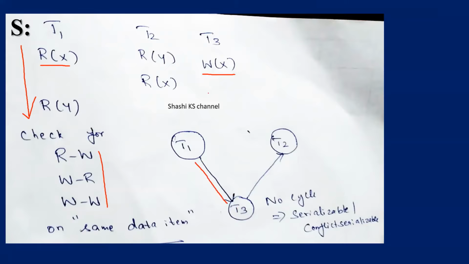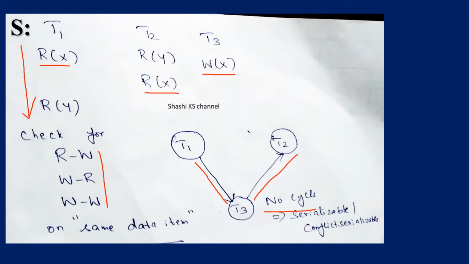Okay. Similarly, when T3 executes write operation on X, T2 performs a read operation on the same data item X. So T3 and T2 perform conflicting operations on the same data item. So I have a line from T3 to T2 here, right? So there are no other conflicting operations in this schedule. When the precedence graph has a cycle, we can say that it's not conflict serializable, but this precedence graph does not have a cycle. No cycle is formed. And so the schedule is conflict serializable as well as serializable.